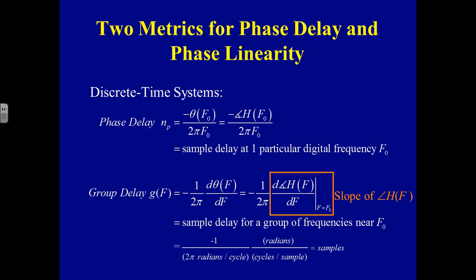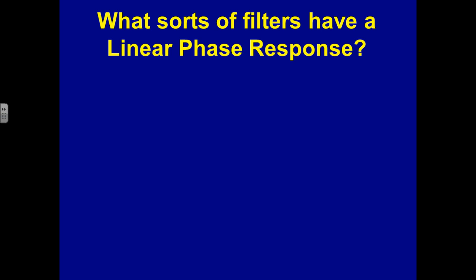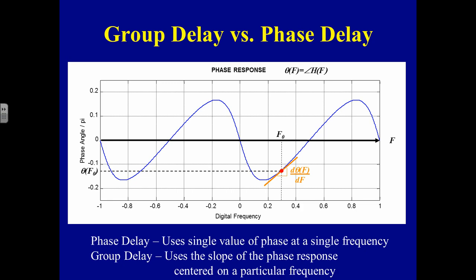Now, in discrete time, we use a similar kind of definition, except now we're working with the discrete time Fourier transform, and we're looking at the slope of the DTFT phase response curve. So here, for example, is the filter we've looked at already, the recursive IIR filter. And if we wanted to know the group delay and the phase delay of this particular filter at the particular frequency shown, F0,